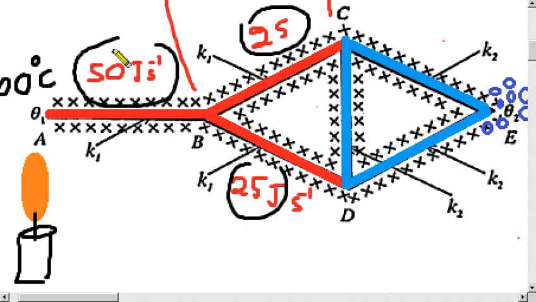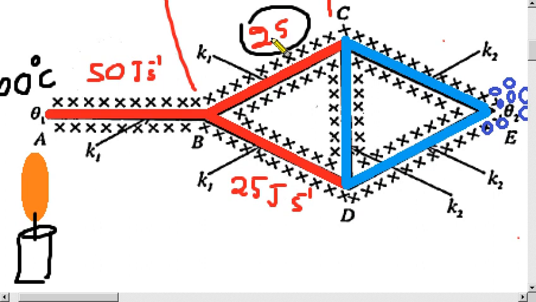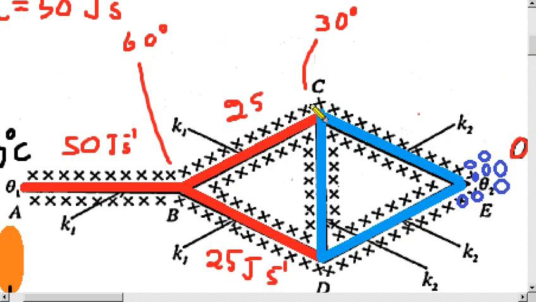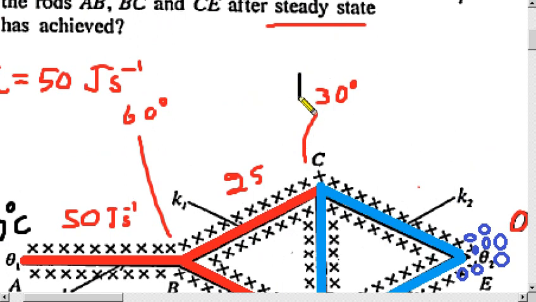If incoming rate is 50, these two lines must conduct 25 joules per second. So to this junction now 25 joules per second is coming, and since this temperature must stay constant without increasing or decreasing, because the steady state has been reached,